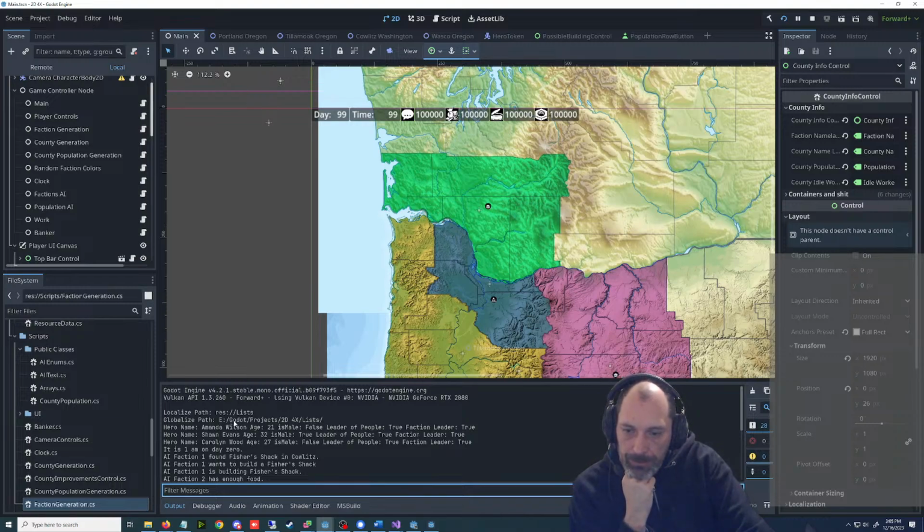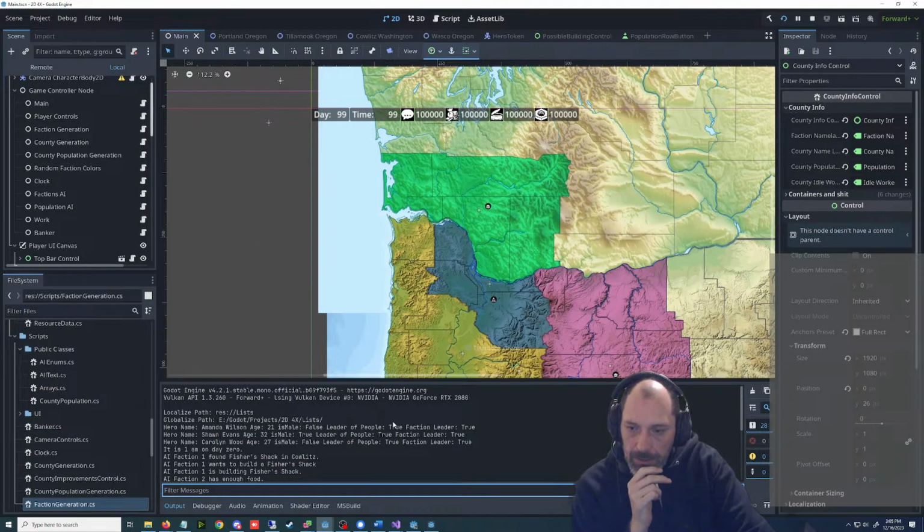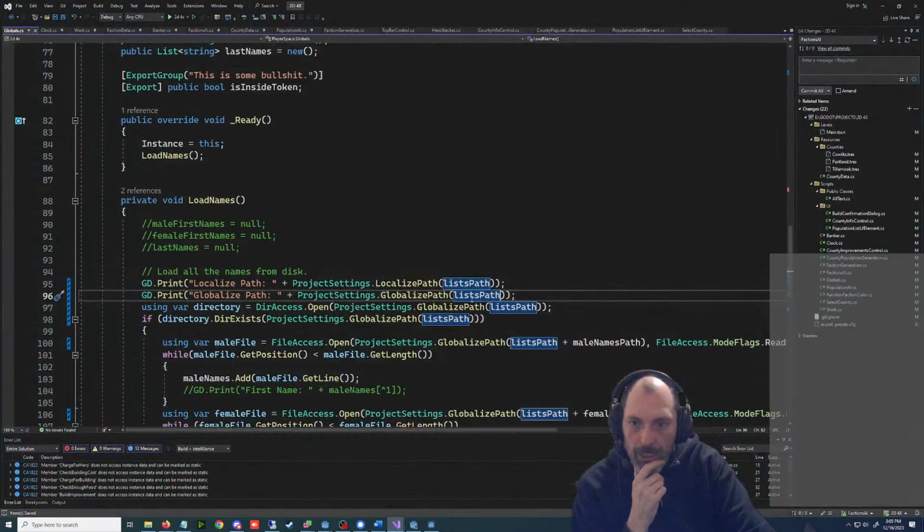Globalized path. Godot projects 2D4X. Lists. Globalized paths is what I put on here, right?